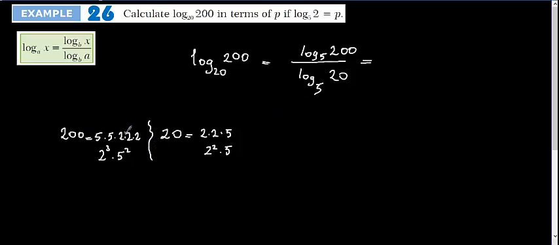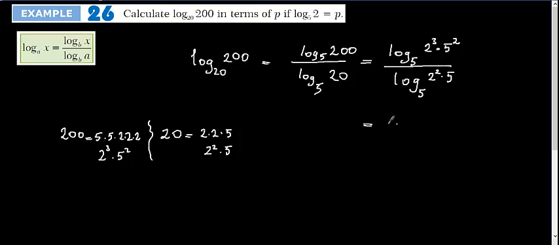200 as 5 square and 2 cube, because here logarithm base 5 2 is given as p, so I need to separate into 2 and 5. 5 is going to be 1. When you see the operation, you are going to understand. Logarithm base 5 of 2 cube times 5 square, the operation between them is multiplication, over logarithm base 5 of 2 square times 5, then it is going to